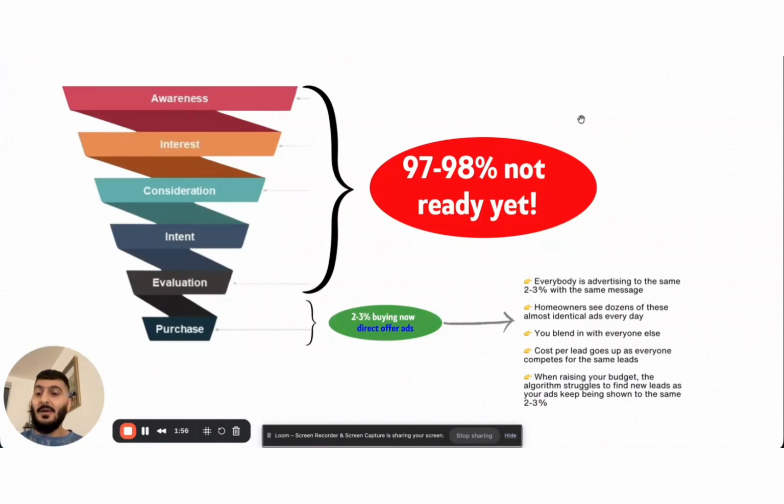And with that email, you can stay top of mind and nurture the leads so that when they're at the bottom here, when they're ready to pull the trigger, you're the first name they think of, because you've been top of mind through email nurture sequences and all that. Now, your lead magnet could be an energy savings calculator, a free service. There's a lot of possibilities, but the easiest one that you can run is simply